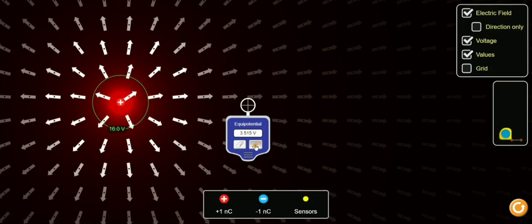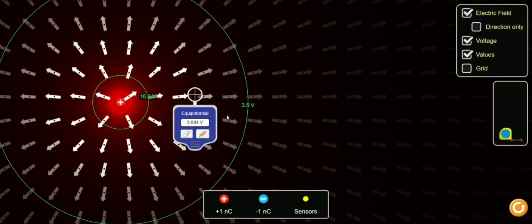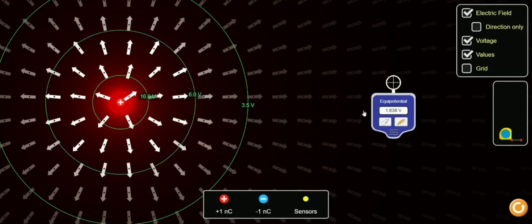Okay, now I draw one more equipotential surface. You see here again, you come and see what is the value. So let us go closer, right? Now you see everywhere if you go, it is 6 volt only. The potential is 6 volt.